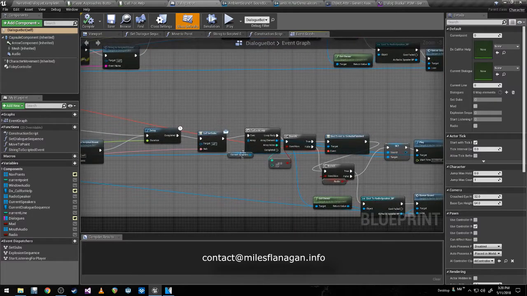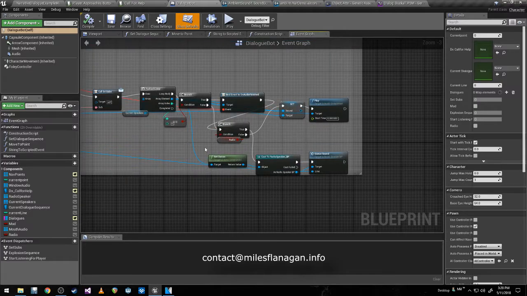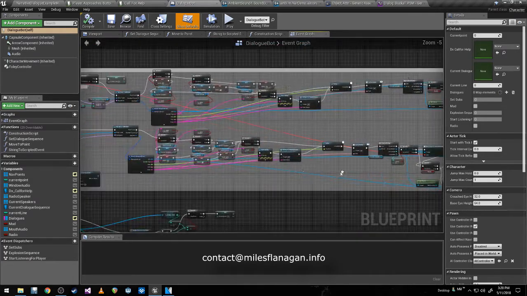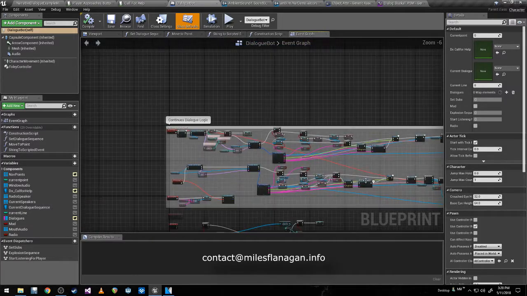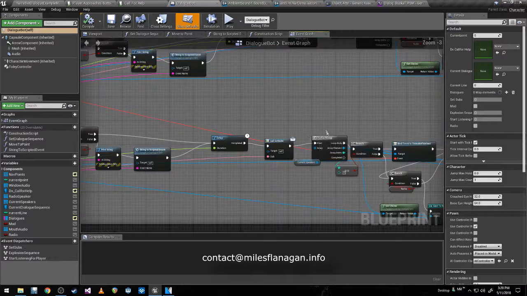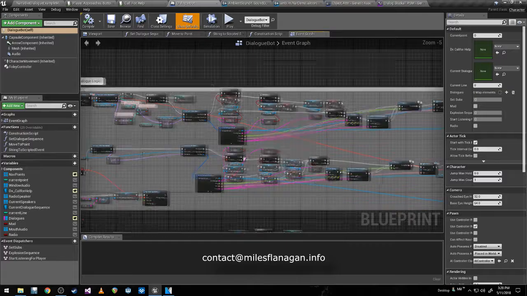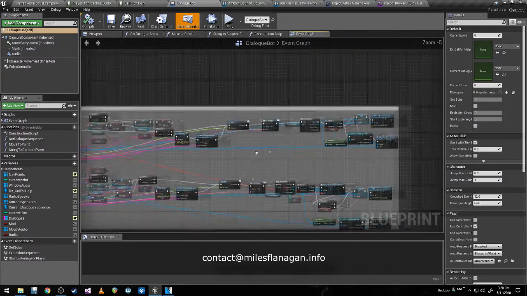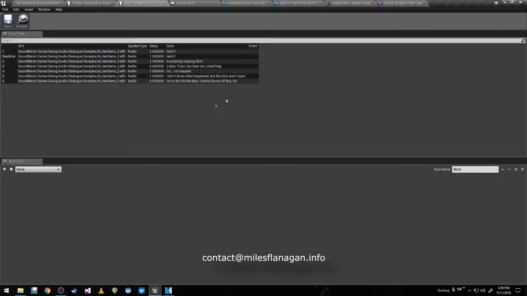After the delay, it'll update the subtitles for every speaker. It'll tell it to play, and if it's a loudspeaker, it'll use a different function to cause it to play because the loudspeakers have a delay baked into them. And then it'll play every subsequent line using the on-line finished. It just uses a little delegate on the first speaker if there are multiple, to bind event to on audio finished. So when the line is done, it'll do all the same stuff and keep going until either it's interrupted by something else or it reaches the end of the segment and there's nothing else to play.